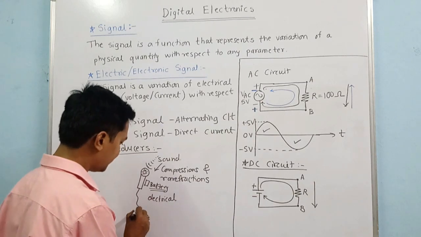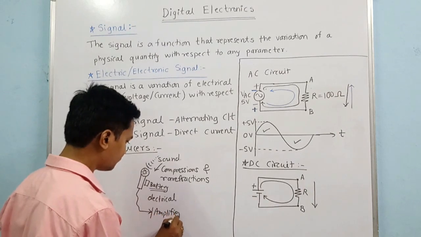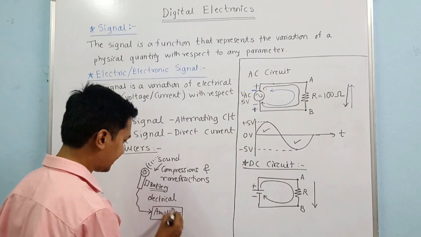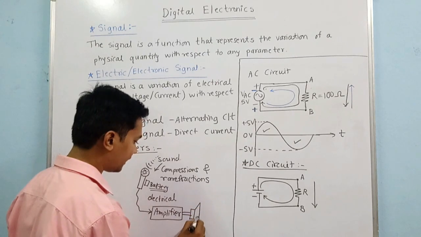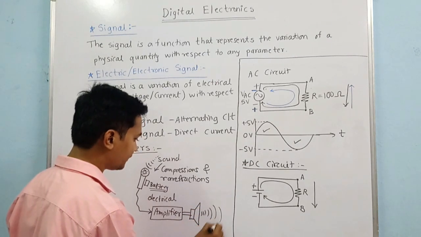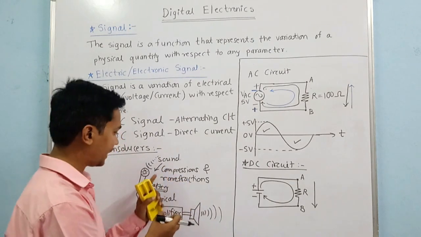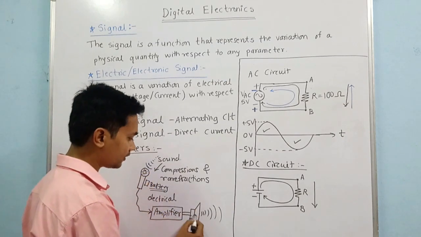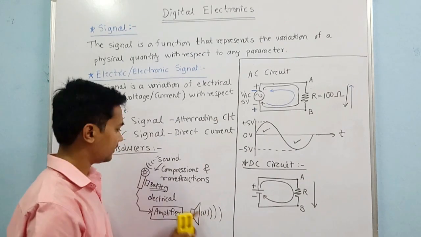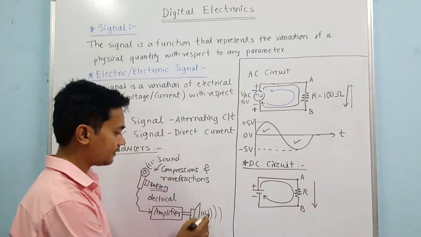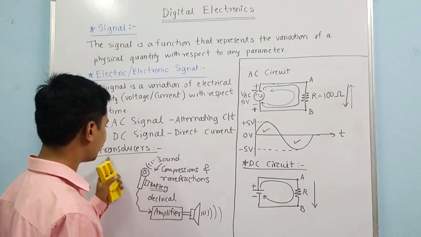Further, this electrical signal will be given to an amplifier, and at the output of the amplifier the speaker is connected. So the same signal given at low amplitude or low magnitude will be amplified and given to the speaker to produce the high strength signal. The signal is the same, but we have increased the power of this sound signal. So this is all about the transducer.